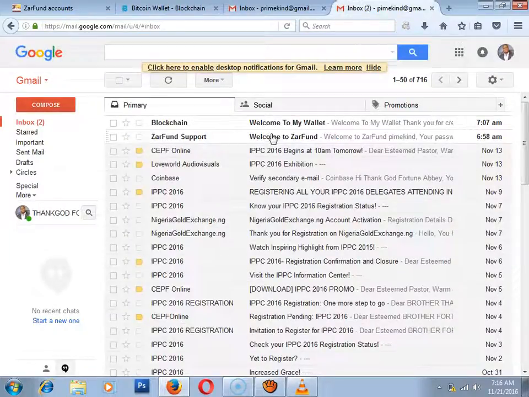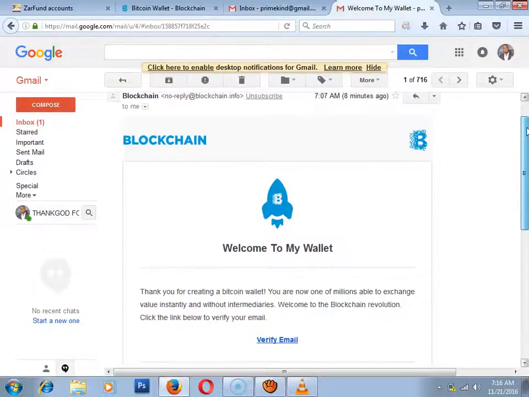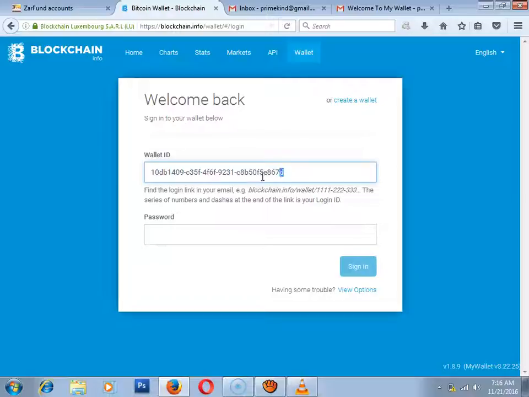Even the message that tells you welcome to blockchain, yeah. If you click on it, it opens up. In every message blockchain sends to you, if you scroll down, you will see your wallet identifier. That is what is required for you to log in as your username. So you must add this to that column to log in to blockchain before you can do anything. And one thing about blockchain I love so much is that for security reasons, it automatically